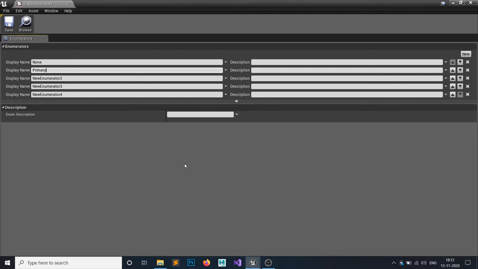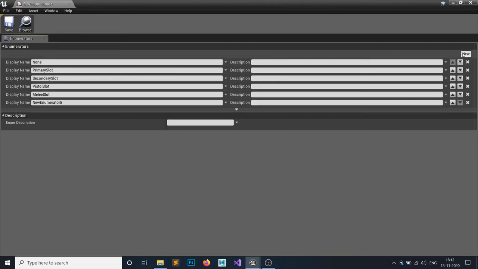So primary slot, then a secondary slot, then a pistol slot, and then a melee. Then we need a sheath.